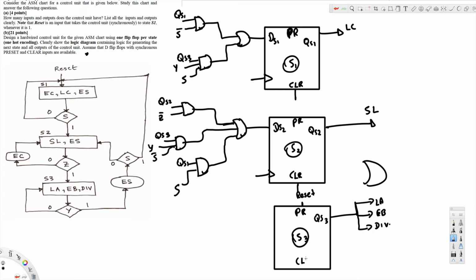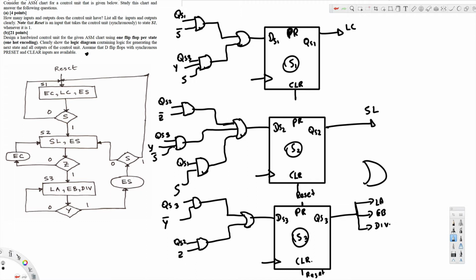Okay, clear, reset, DS3, QS3, Y bar, QS2Z, and